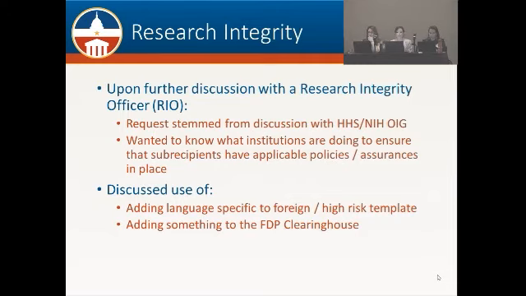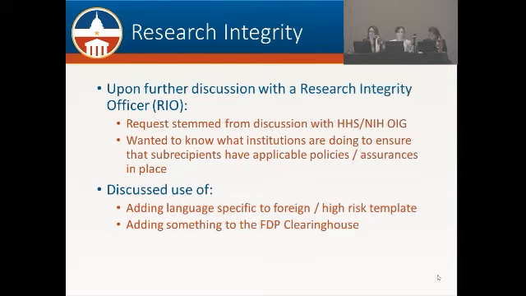So one thing that we did talk about, and we've discussed it provisionally a little bit with Lynette, and we're happy to talk a little bit with the FDP clearinghouse folks in greater detail, is having that assurance information somehow in the profiles on the expanded clearinghouse. Felt like that would be, you certify that you have the assurance there, that it's current, it's what we do for our IRB and IACUC information.